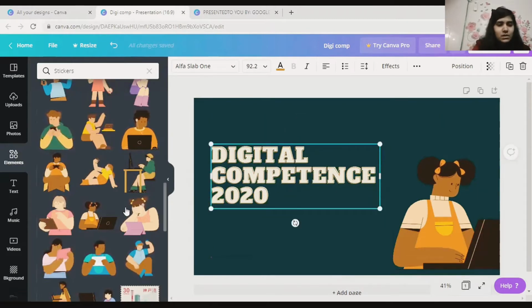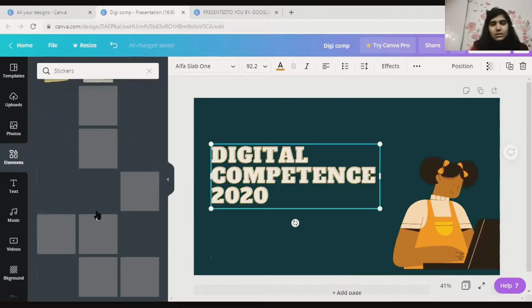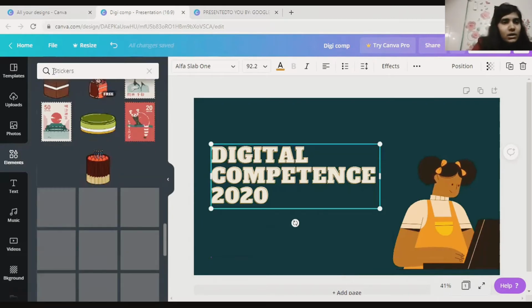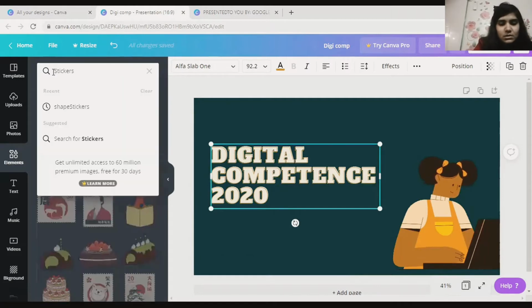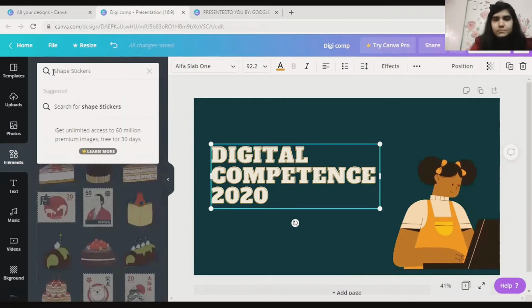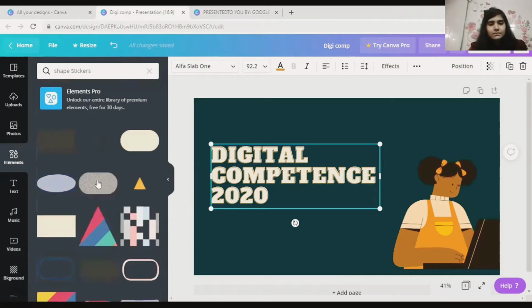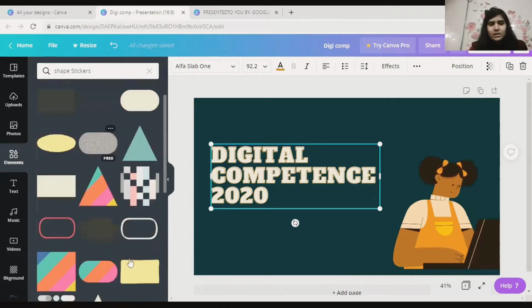So what you can do is scroll down to find more options of it, or you can just write shape stickers to get it easily and add whatever kind of sticker you want to add.